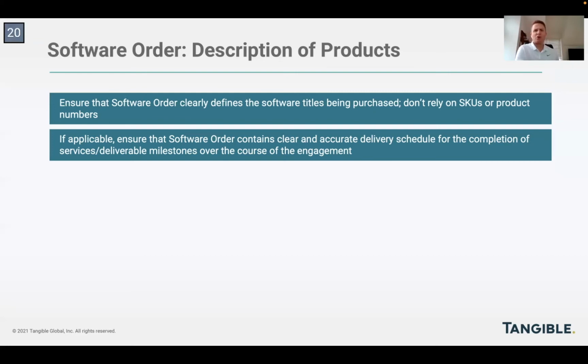I guess the most common areas of accompanying professional services for a software order are things like training the buyer's organization to use the software. Other common areas are implementation or customization of those software products to fit the needs of the buyer. And I know we'll discuss several of those a little bit later in the presentation today.